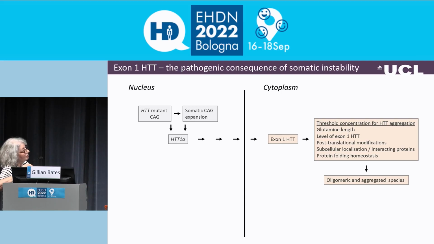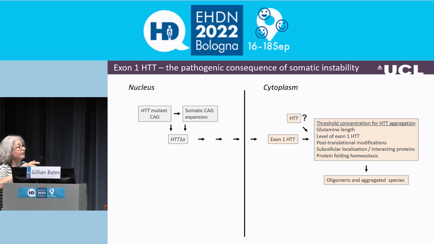Whether it does that will depend on a number of factors. The length of the glutamine, because the longer the glutamine, the lower the concentration needed. So aggregate formation is a concentration-dependent process. The level of the exon 1 protein, the shorter the fragment that the polyQ is in, the faster it will aggregate. Post-translational modifications, we'll hear from Hilal in a talk later today about how those affect aggregation, solubility, localization, interacting proteins, and of course the protein folding homeostasis of the cell. And if the threshold concentration is reached,